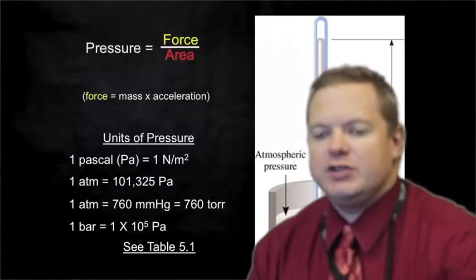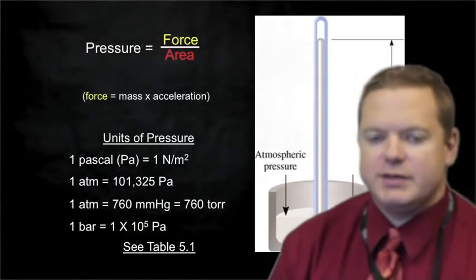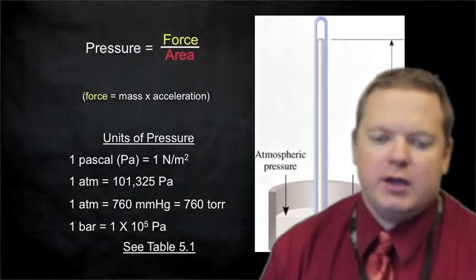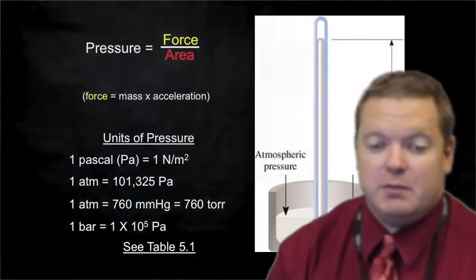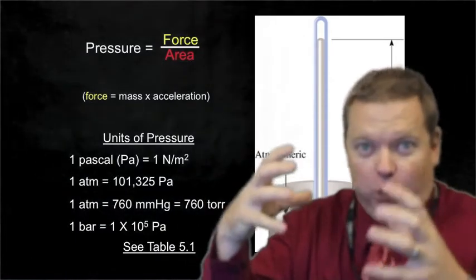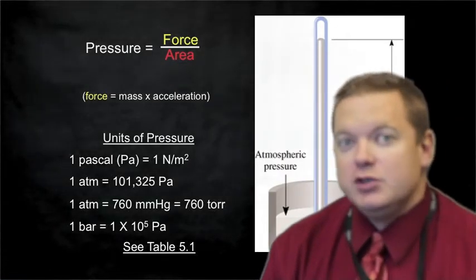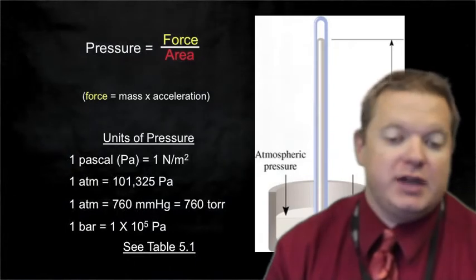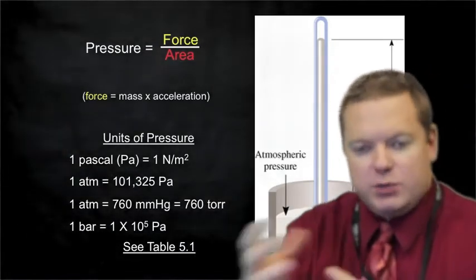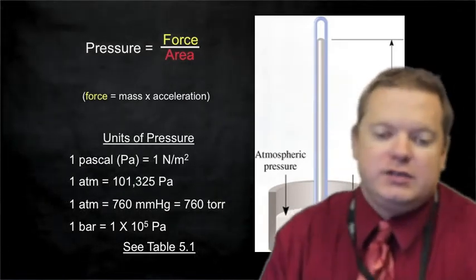So let's look first at one of the new units we talk about when we talk about gases, and that's pressure. Pressure is a force divided by some unit area, where if you remember from physics, a force is a mass times an acceleration. But when we're talking about a pressure, we're really talking about some force exerted per unit area. So the typical units of pressure are things like pascals, or Pa, which is equivalent to a Newton per meter squared. So we can see this unit of force per area. Pascals is a common unit.